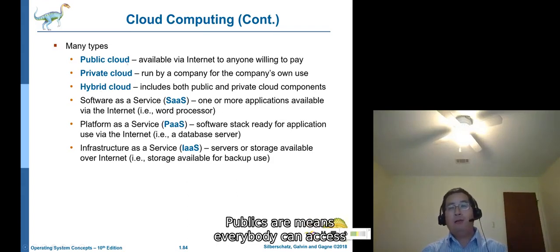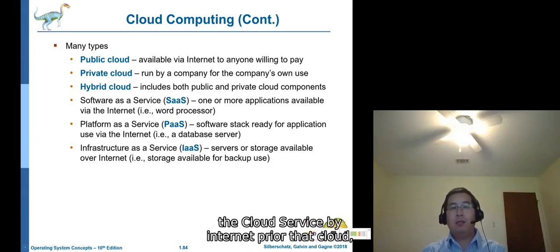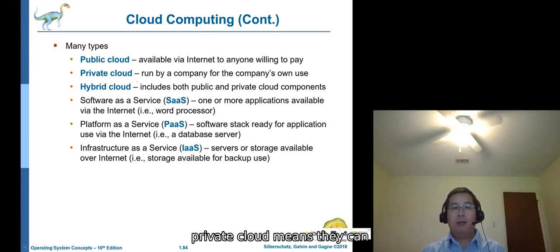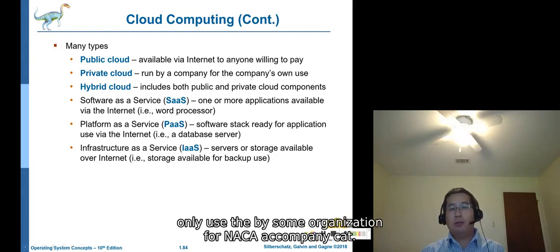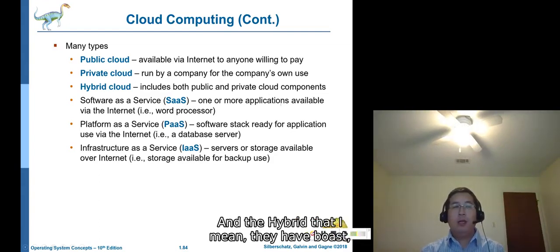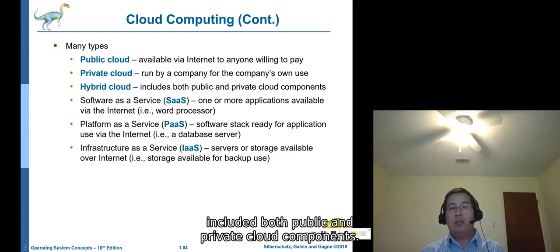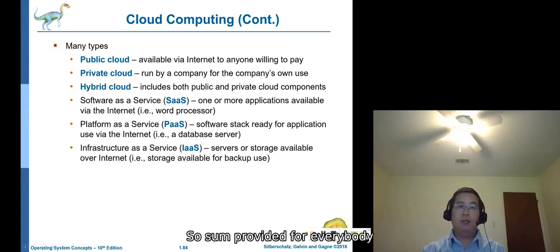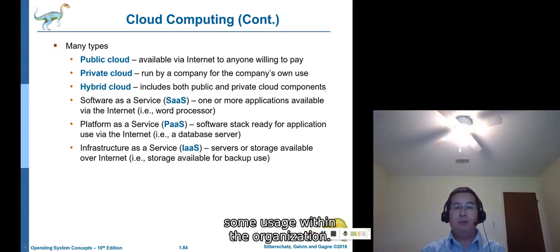Public means everybody can access the cloud service by internet. Private cloud means it can only be used by some organization, for example, a company. And hybrid means they have both. It includes both public and private cloud components. So some is provided for everybody, some for usage within the organization.